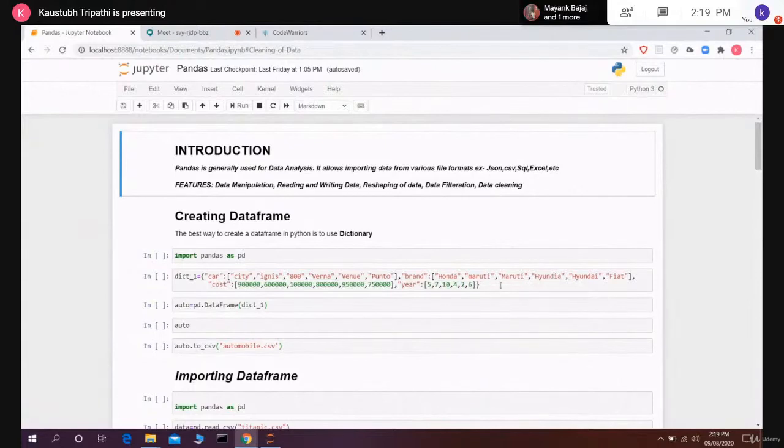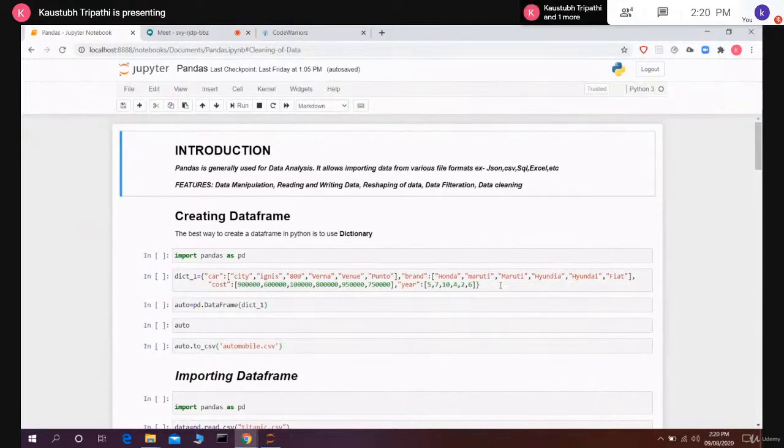Now, the first concept when talking about Pandas: how are we going to install Pandas on our computer? If you are using the Anaconda distribution that I explained yesterday, then you will automatically have Pandas on your computer. But if some of you have installed Miniconda or any other Python interpreter, then you might not get Pandas. All you have to do is go to your command prompt, type pip install pandas, and it will install Pandas. If you are using Miniconda, you can say conda install pandas.